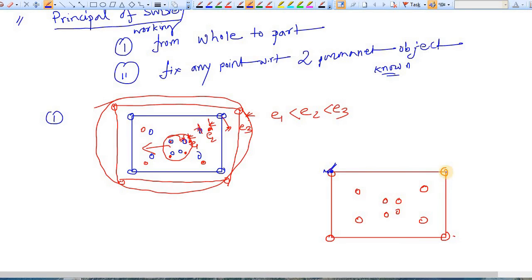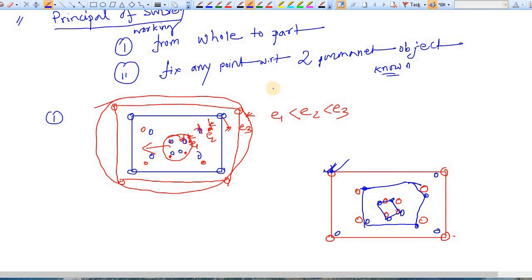Then with respect to this one you have located this point, let's say somewhere here. Then this point here, this point here. Then with respect to this one it has been plotted something here. This is here, this is here, this is here. Then with respect to this one you have plotted this one here, this is here, and this is here. So by targeting the inner side and fixing the outer one, you have minimized this error.